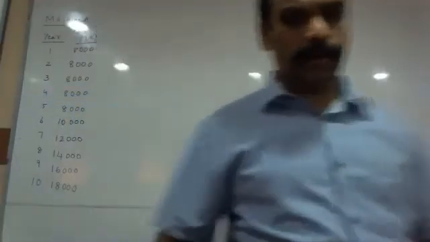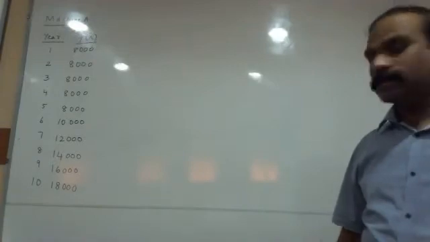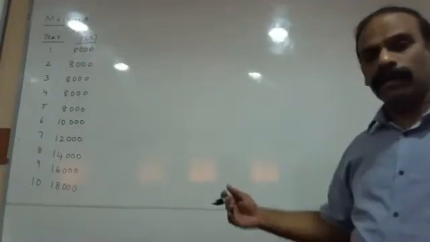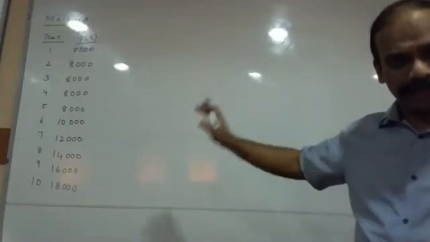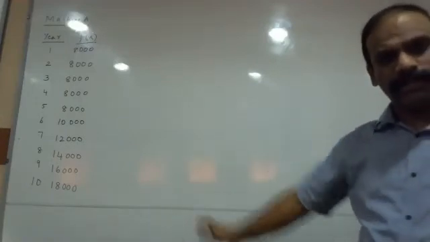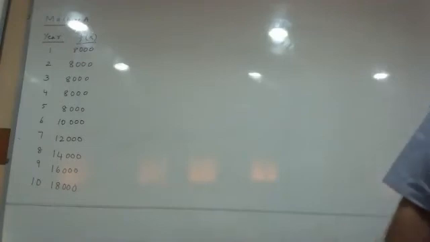So we are supposed to increase the running cost subsequently from the 6th year, 2,000 every year. Has everybody understood this step? Any doubts on this point? No, sir. Is that clear, everyone?